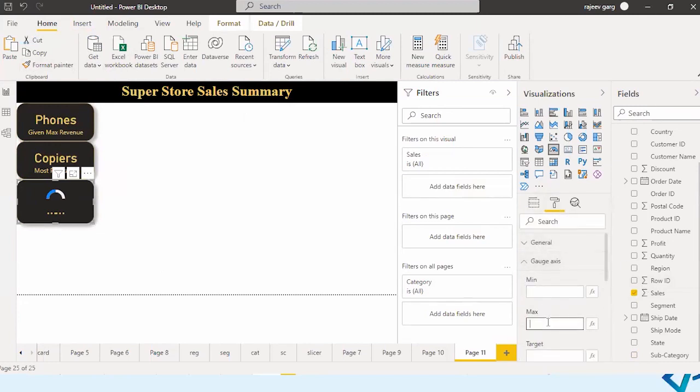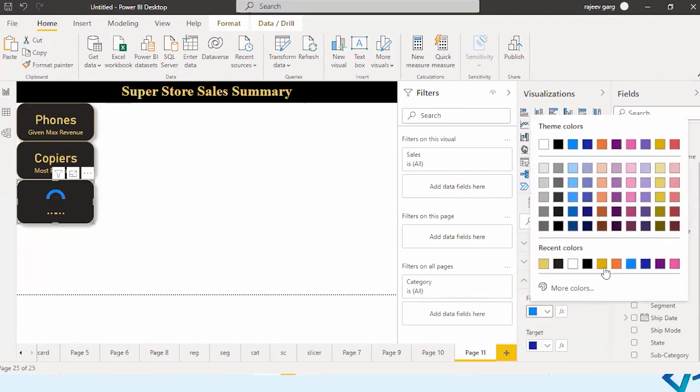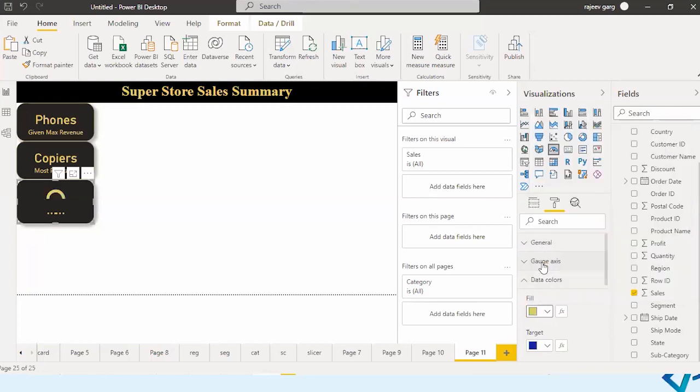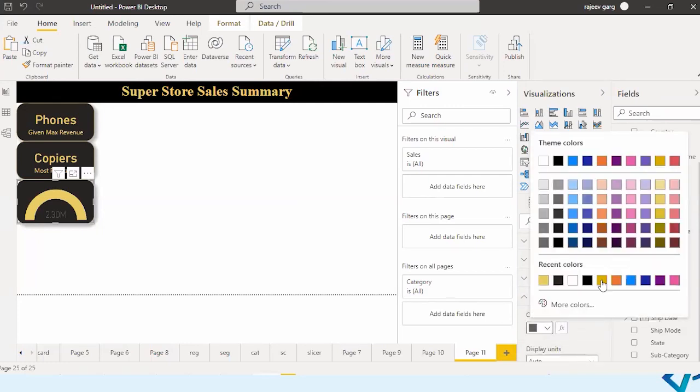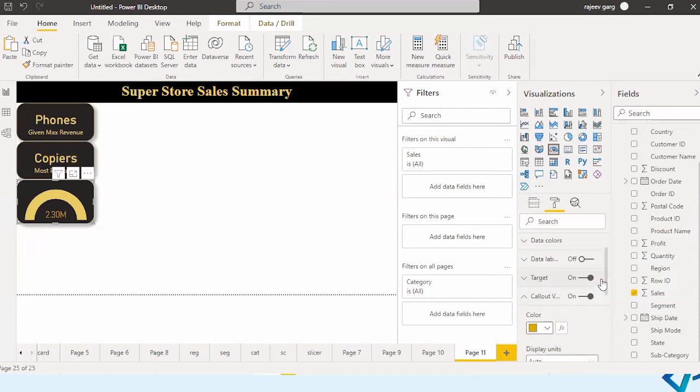Gauge axis, I will give the maximum as, okay. Then data color, let me take it as this. No data labels off. Callout value.